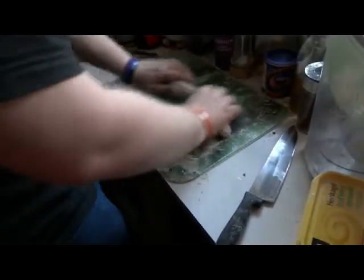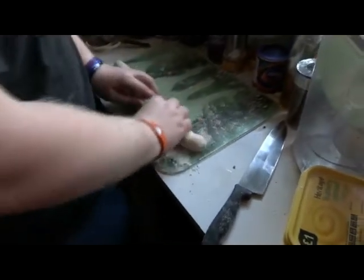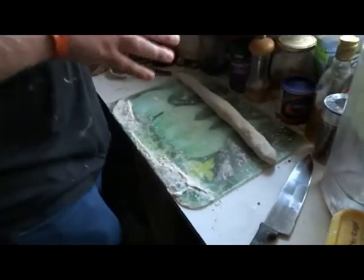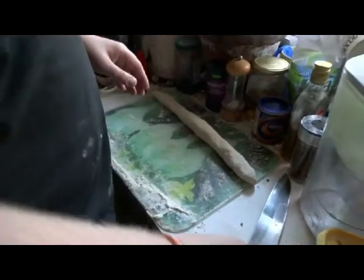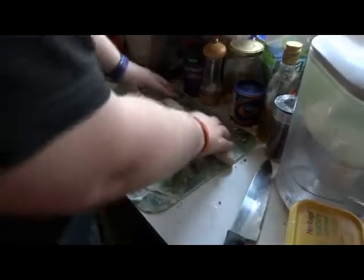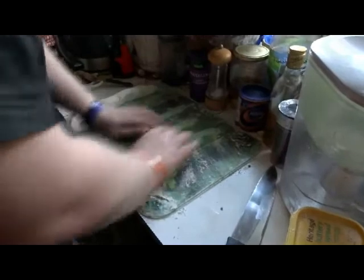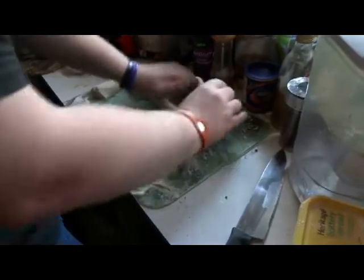Right, so as you can see, our actual board here is a bit smaller than the rest we could do with, but yeah, about that long. If you want to get technical, you can make it a bit thinner if you've got the room. However, if you haven't got the room, there's always the backup method, which, as I said, you just push it along, bring it down, push it along, bring it down. This is actually a lot easier,